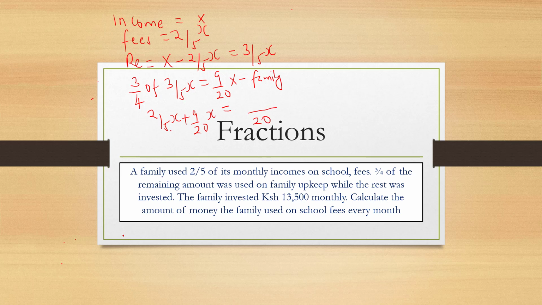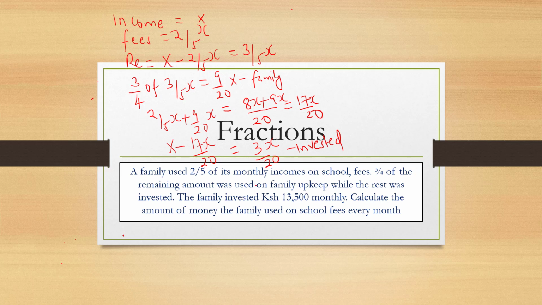So 20 divided by 5 will be 4. That gives us 8x plus 9x, which is 17x over 20. So the remaining amount is, that was what was spent, the income, which is x, minus 17x over 20. The remaining amount will be 3x over 20. This was invested